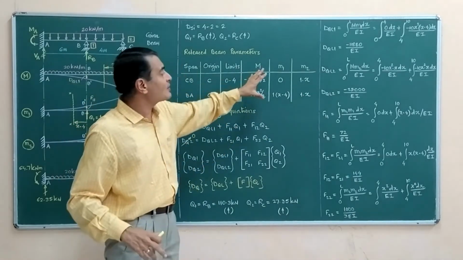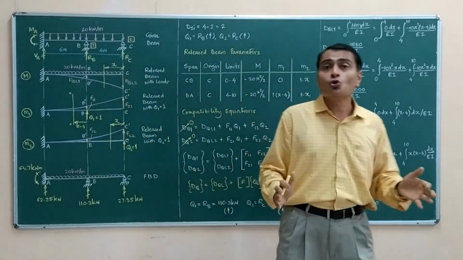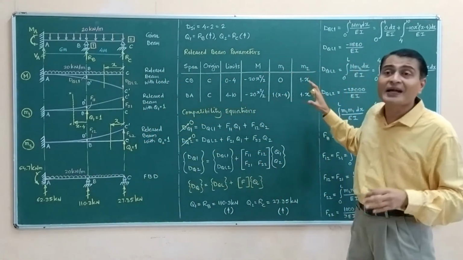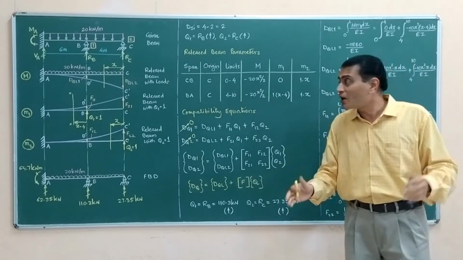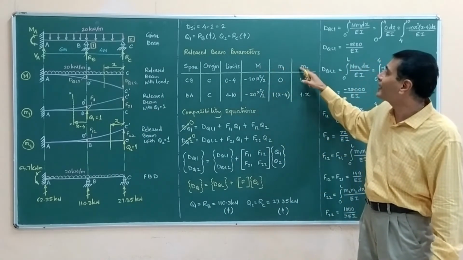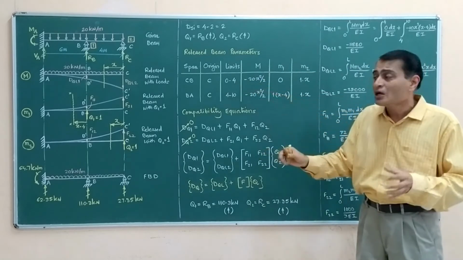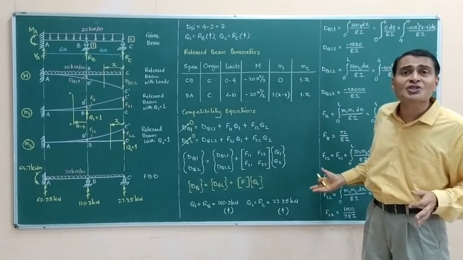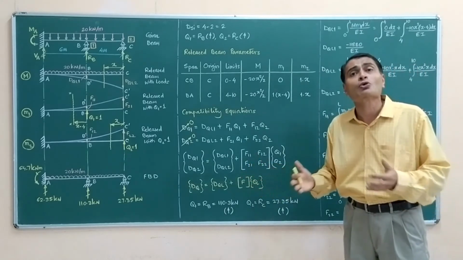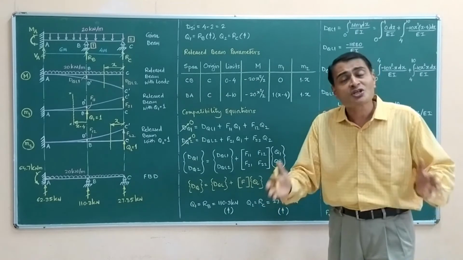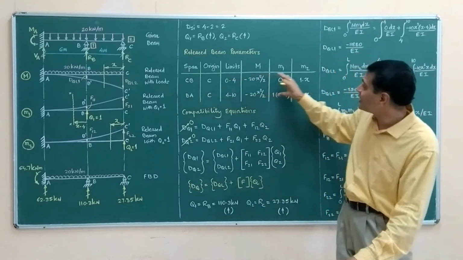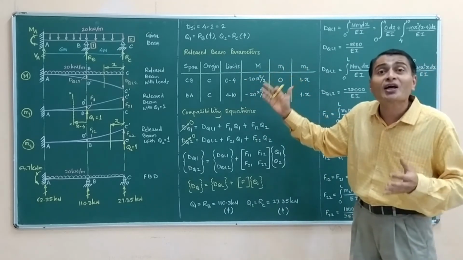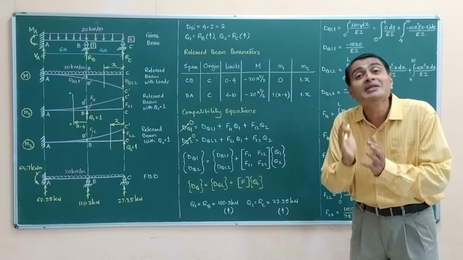So that is how our table appears. I urge you to observe these drawings carefully. Compare these drawings with the entries in the table. See that you are understanding M, M1 and M2 for both these spans, because if you commit a small error here, our further calculations and then obviously our final answers are going to go wrong. So just be very careful about writing these entries of bending moments in the table. Choose your origin carefully so that your work is convenient for calculations.